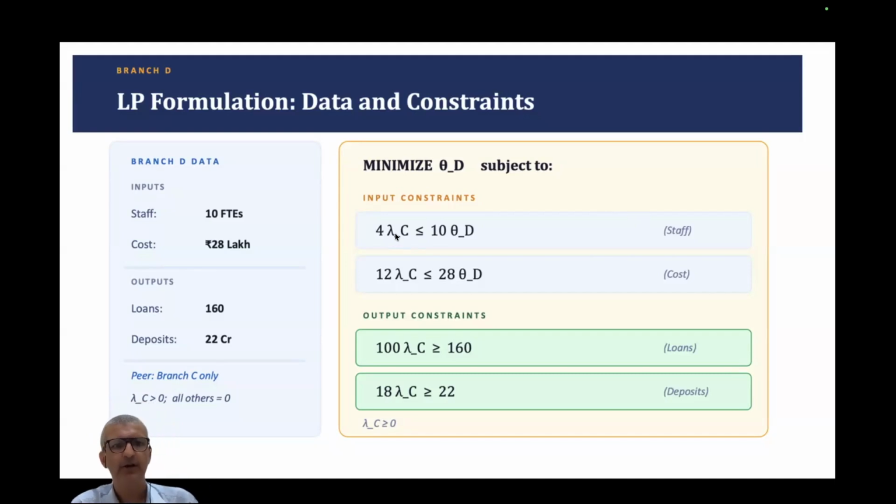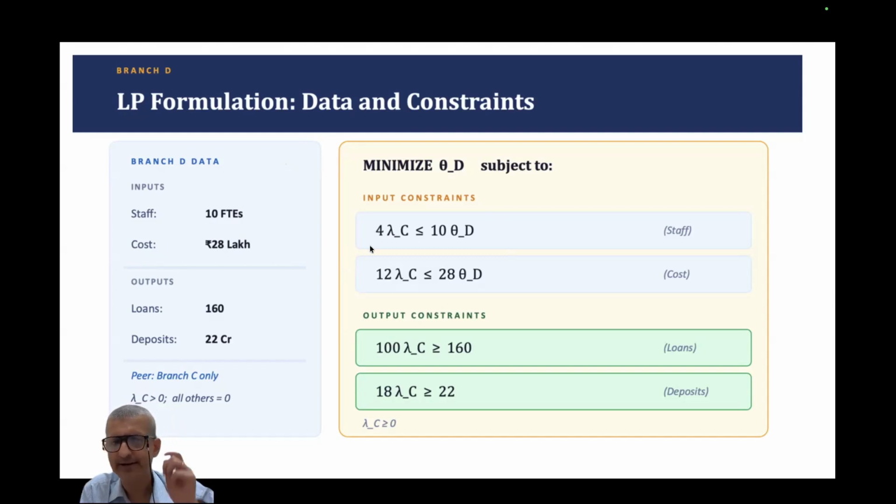by input. Okay, so if you look at this slide, let's look at what can be done to branch D, or by what proportion can we reduce the input of branch D so that the output of branch D is at least the same as branch C. Now let us look at this data. Branch D has 10 full-time employees and the cost is rupees 28 lakhs. If you look at this screen,